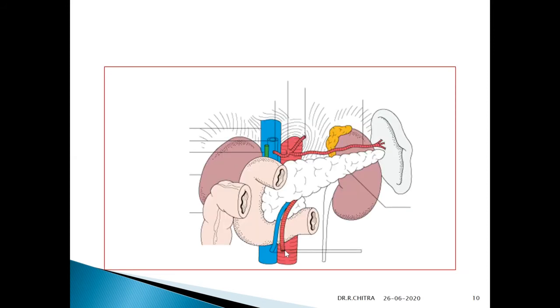So in this, you can see the relations of the head of the pancreas and the uncinate process. Head of the pancreas, as I was describing, same like the second part of the duodenum, the anterior surface is related to the transverse colon. Here also, on the head of the pancreas, the cut end of the transverse colon is seen. Are you seeing this cut end? So this transverse colon will pass over the second part of the duodenum and the head of the pancreas. Posterior surface of the head of the pancreas is related to the inferior vena cava and the right crus of the diaphragm.